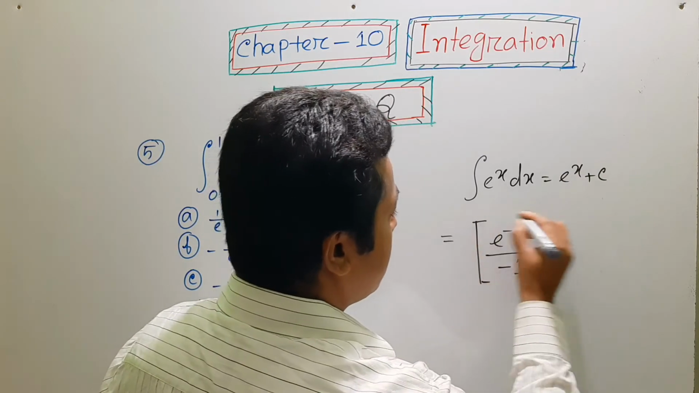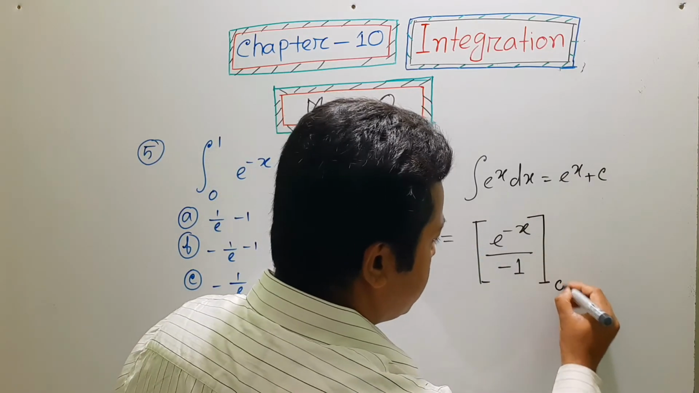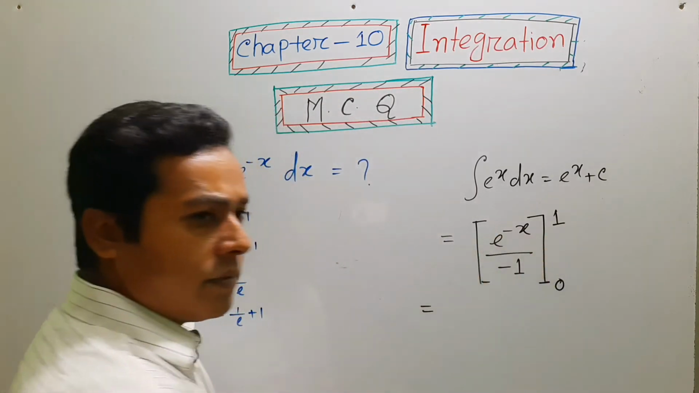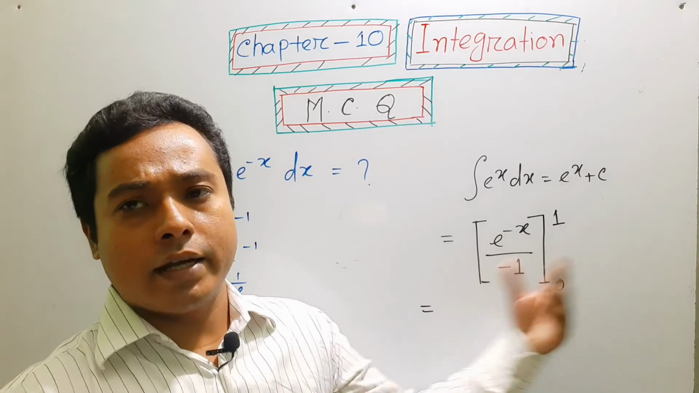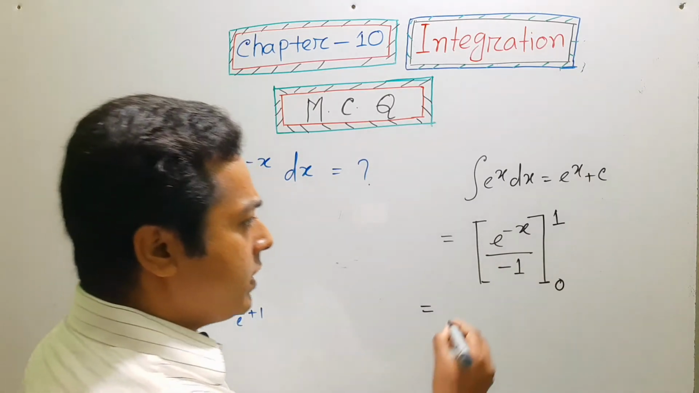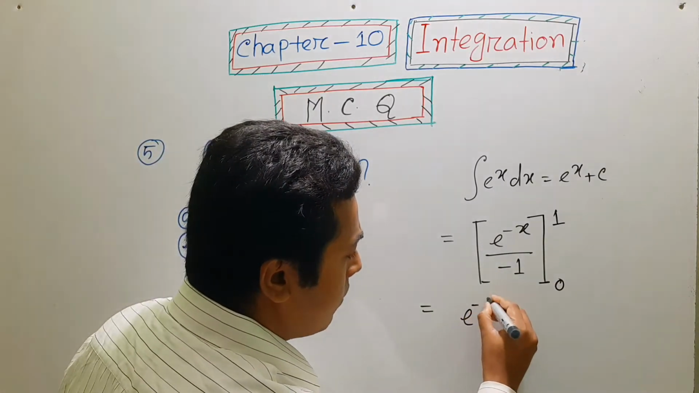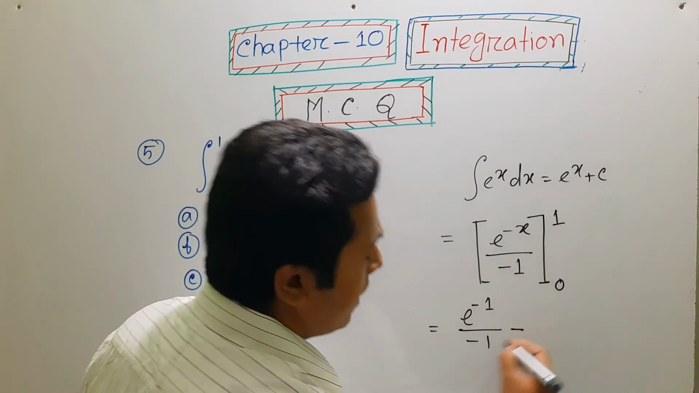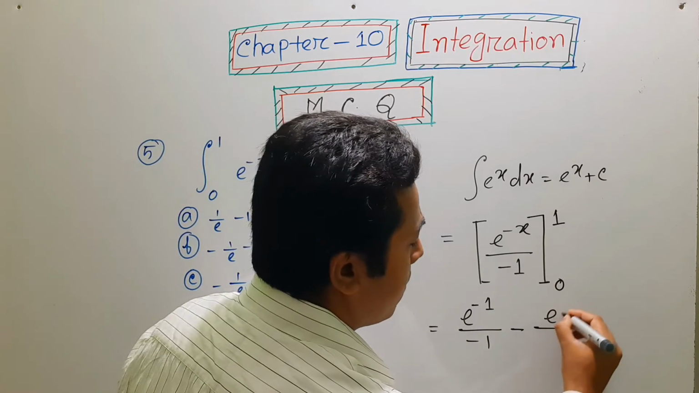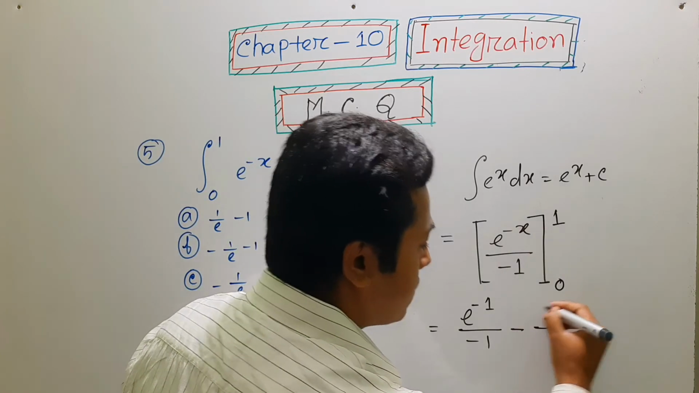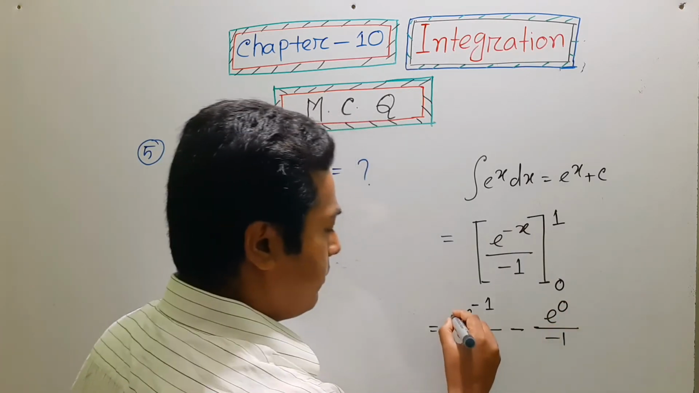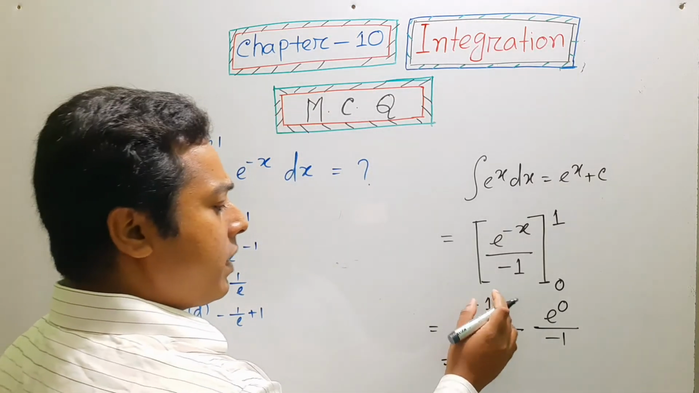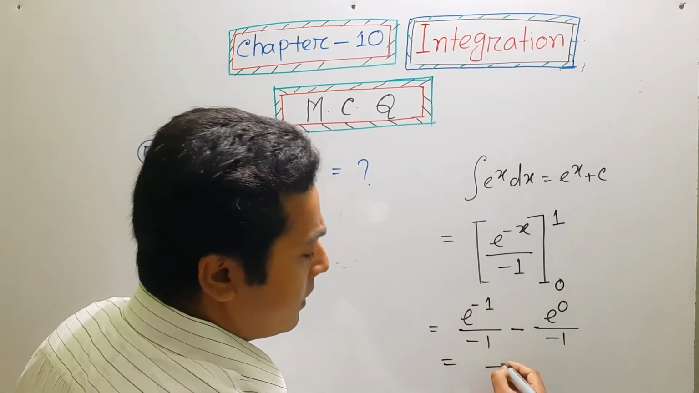and then the lower limit is 0, upper limit is 1. At first we have to put the upper limit in this function and minus the lower limit. Okay, e to the power minus 1 divided by minus 1 minus lower limit e to the power minus 0, that means e to the power 0, divided by minus 1. So our answer will be e to the power minus 1, we can write it as 1 by e,